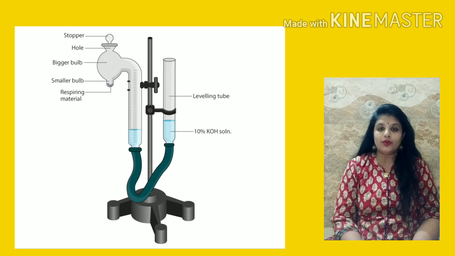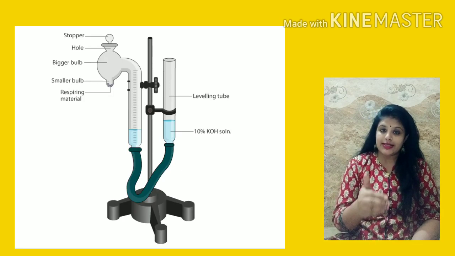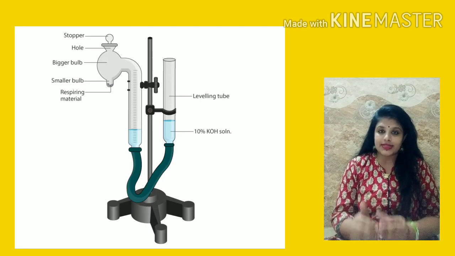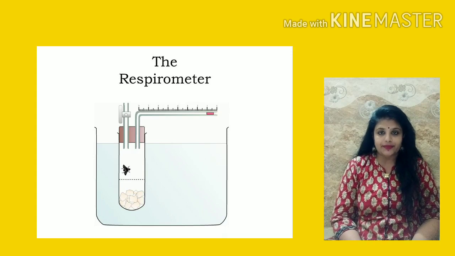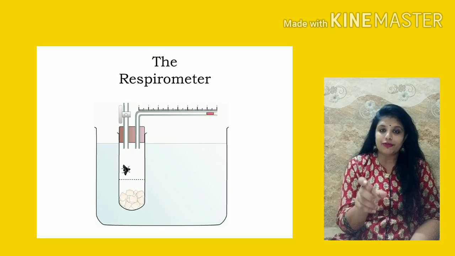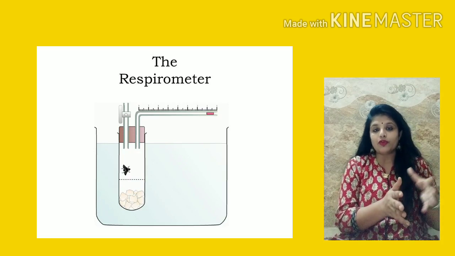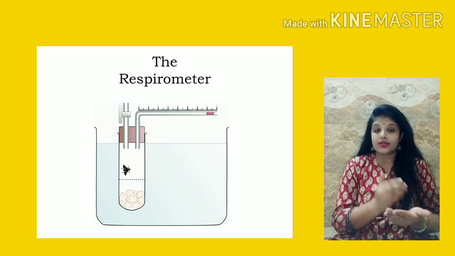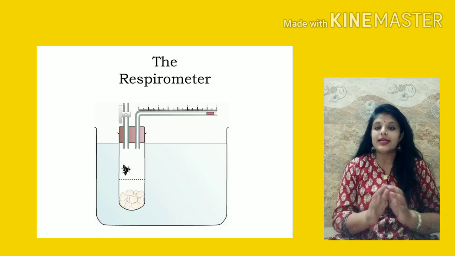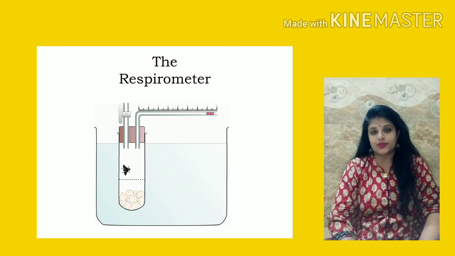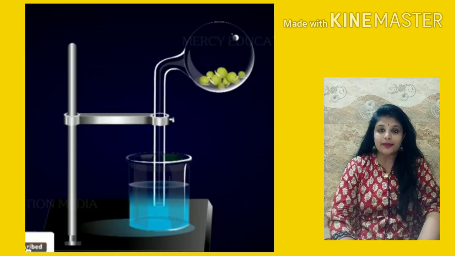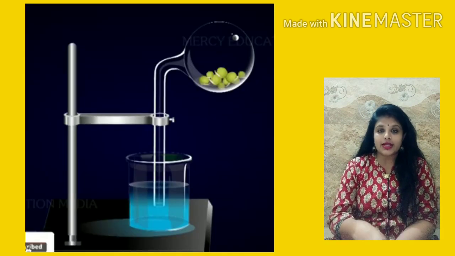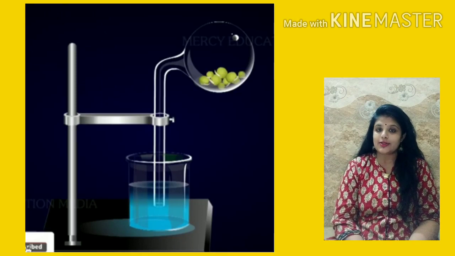Respiroscope is an instrument where we perform respiration in case of plants or in case of seeds, while the other instrument is the respirometer. Respirometer is the instrument which is used to measure the rate of respiration: what amount of oxygen is used, what amount of carbon dioxide is released. In anaerobic respiration, oxygen is not used, and how much carbon dioxide is released, that we can measure with the help of the respirometer. Now the first experiment is to demonstrate aerobic respiration in plants.